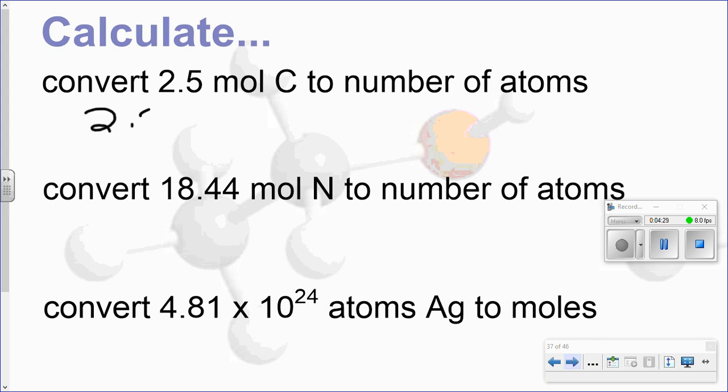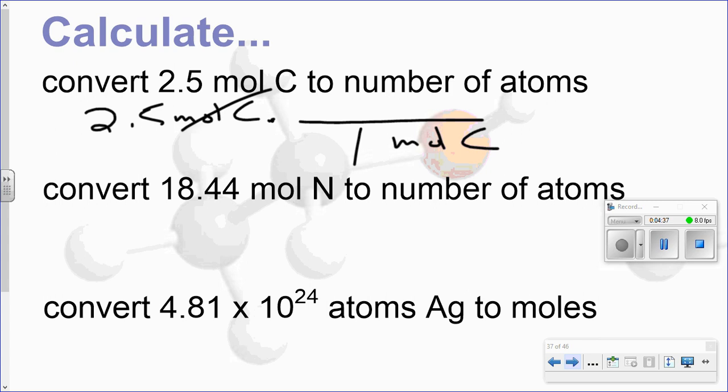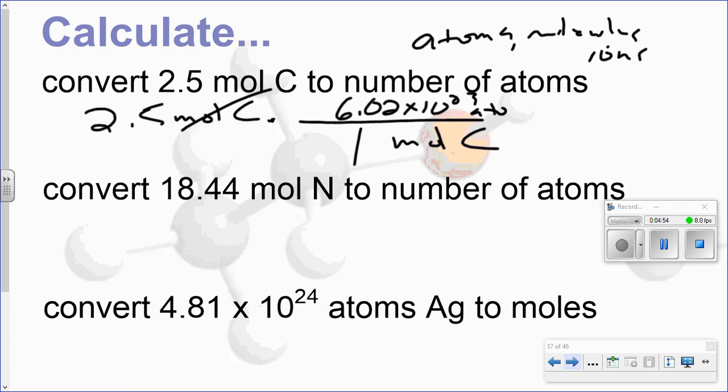If I have 2.5 moles of carbon, moles of carbon here, moles of carbon here. How many? 1 for now. Always put 1 for now. But it asks for a number of atoms. Here's a nice tip: anytime atoms, molecules, or ions are mentioned, use 6.02 times 10 to the 23rd atoms, and yes, you need to write out atoms,